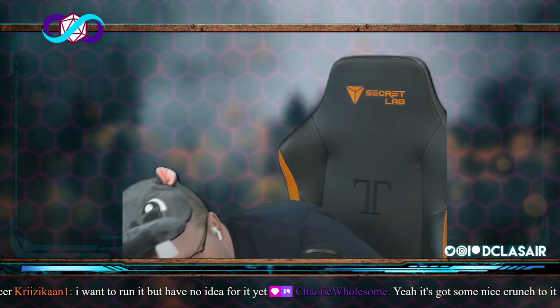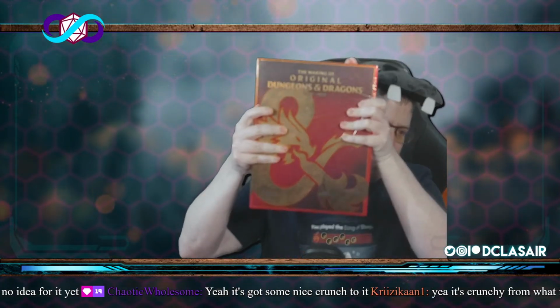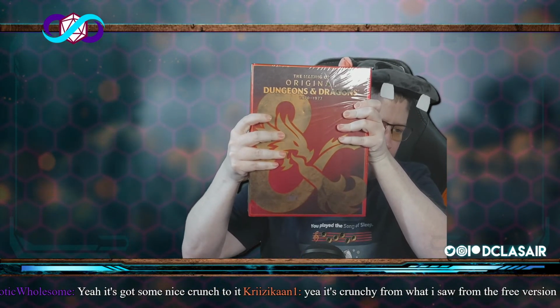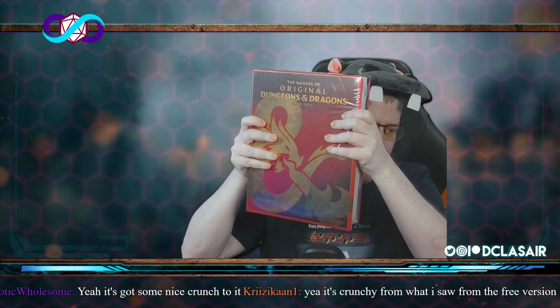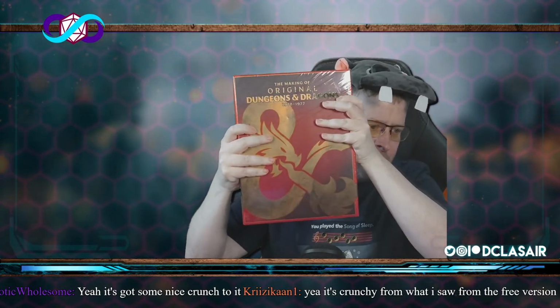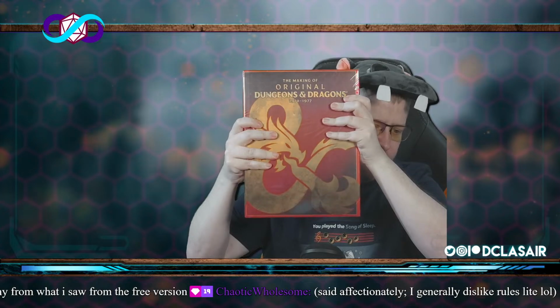Then I've been hoping to get this since I heard about it. The Making of Original Dungeons and Dragons, 1970 to 1977. Yeah, I haven't unwrapped it yet. There's no good reason for me to have it in the plastic still, but